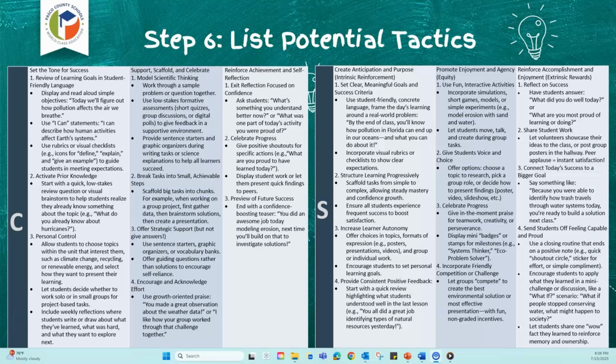At the end, we will reinforce success with reflection prompts like, what are you proud of today? Or what's something you now understand better? We will showcase student work and preview what's next to keep motivation high. The goal is for students to leave class feeling capable, valued, and eager to keep learning.